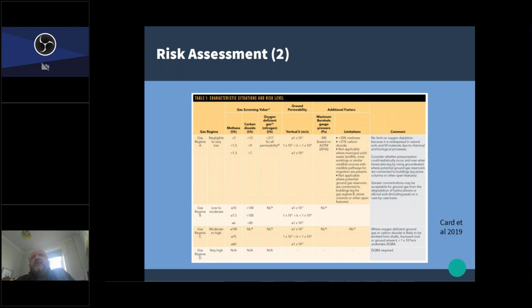But there's a big literature search behind it as well. They looked at dozens and dozens of sites where gassing is there to try and understand what the actual risk is. So they grounded it in reality. But they've also done this reverse modelling, and included quite a few things that weren't included before. So things like,